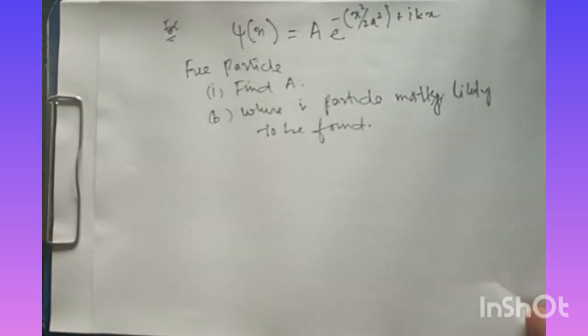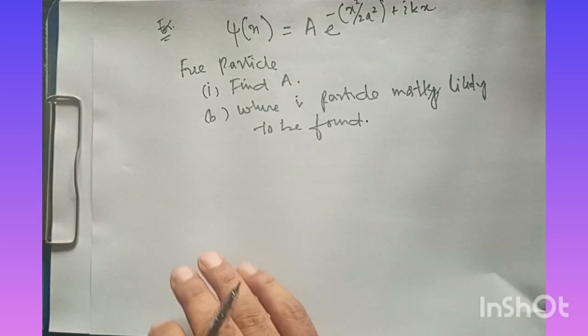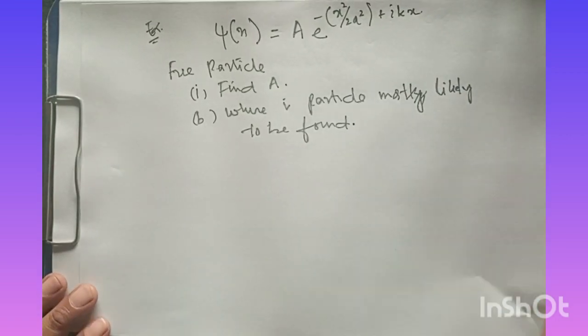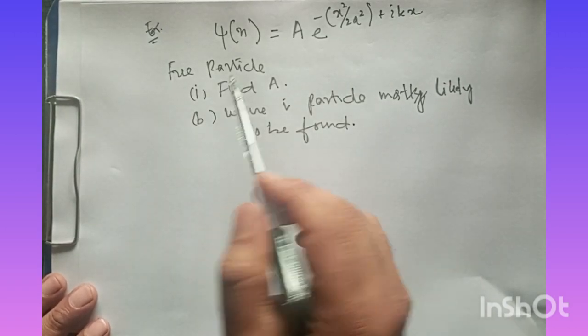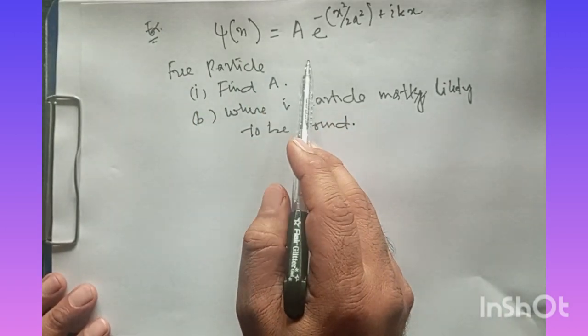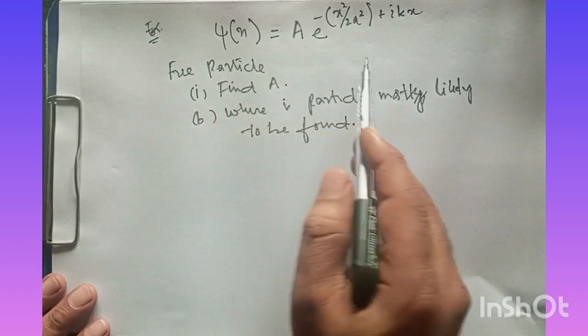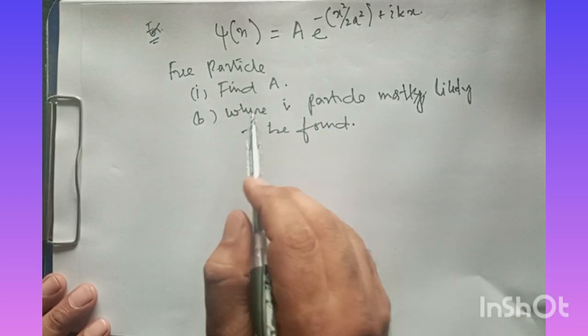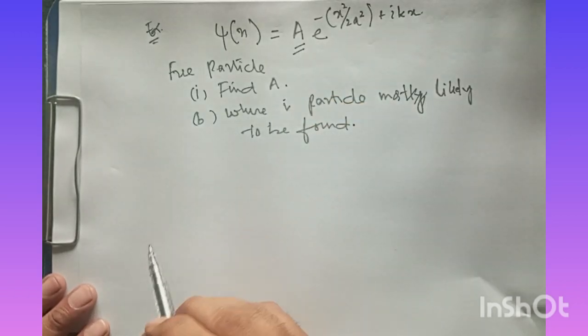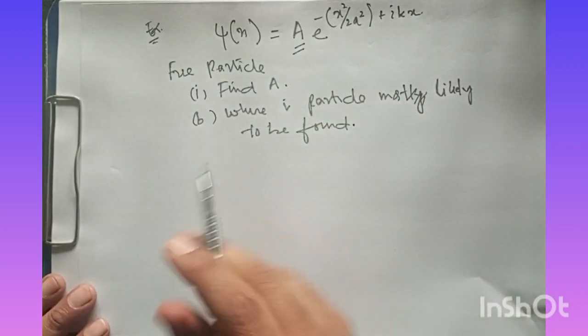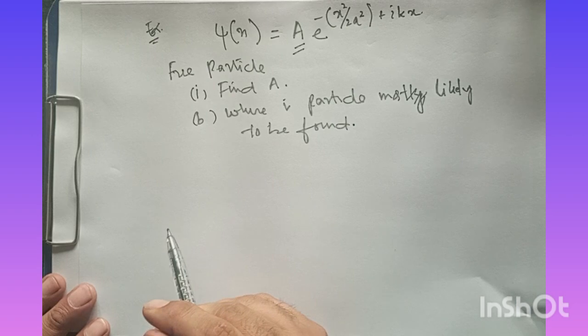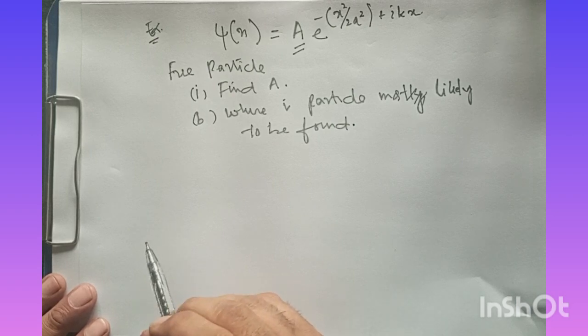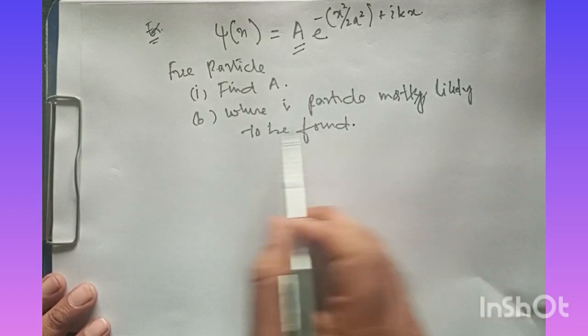Let's move on to the next problem that we have. This is our next problem. Now what we have here is a wave function, and what we have to find in this wave function is the value of this a. So in order to find a, I have to use the condition of normalization. And then the next important question here is